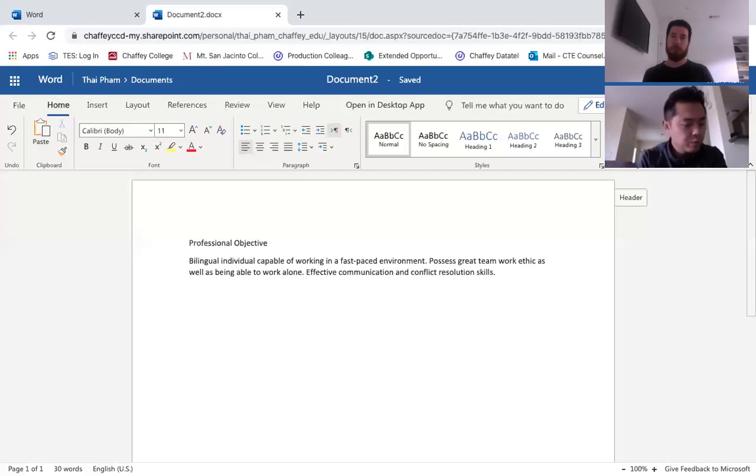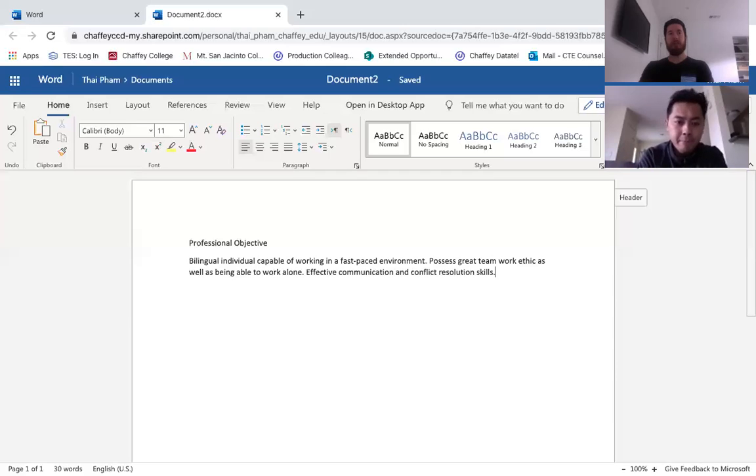Okay, should we move forward, Mr. Pilar? Let's do it. All right. So that's the first section here. Again, I would try to keep it between 1 to 3 sentences. As you can see, nowhere in there did I say I'm a bilingual individual or it's me, but you can still see that I am writing about myself without indicating myself. I know that's going to be one of the hard parts, but I know that you will be able to do it with the assistance of Mr. Pilara and myself.